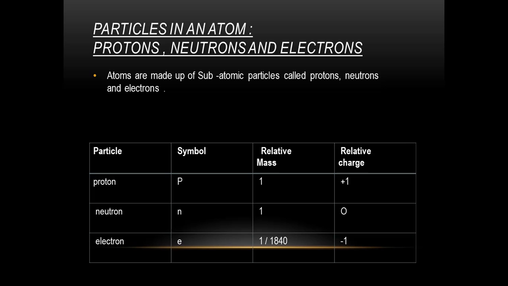So now it is very clear that protons have positive charge and electrons have negative charge. And remember students, the positive charge of a proton is equal to the negative charge of an electron. So we can say in an atom the positively charged particles are always equal to the negatively charged particles. When they are equal, they cancel out the effect of each other. As a result, the atom is electrically neutral.